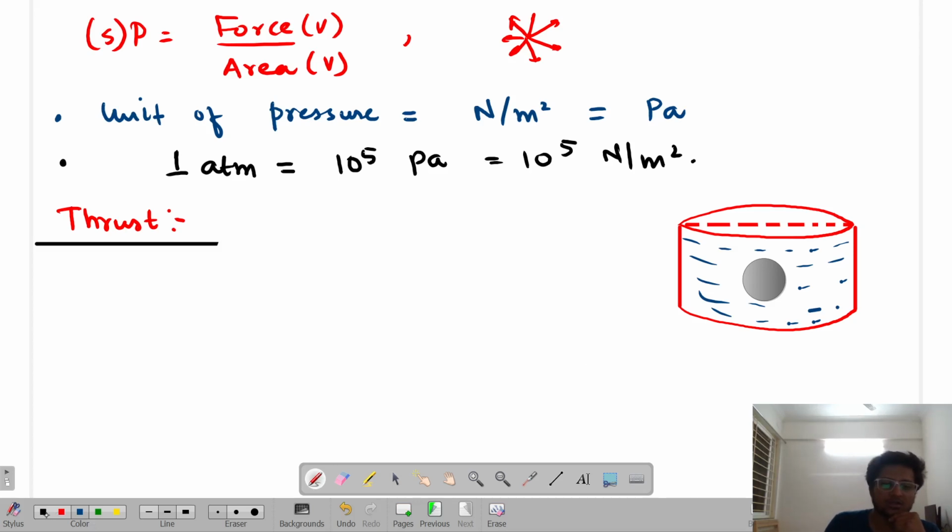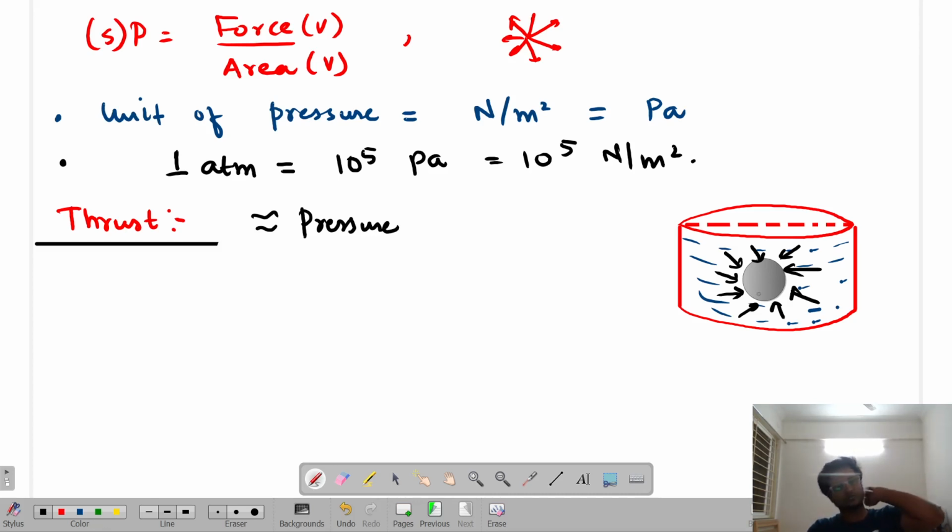This ball will feel the force from each and every side or not, due to the random motion of the particles, isn't it? So basically, thrust is similar to pressure, but it has a different meaning. Basically, inside the water, the pressure is applied, but since this pressure is present from all the directions, that's why we call it thrust. So basically, it is nothing but a total force